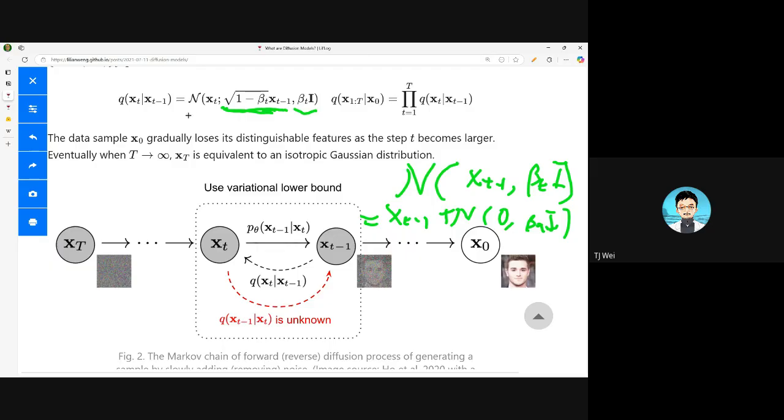Okay, so it turns out this thing is actually just equal to xt minus 1 times a scalar, which is 1 minus beta t, plus some normal distribution, 0 beta t I. So that's it. So why do we even bother to actually scale down the intensity of each pixel a little bit? The reason is that if we scale it down,